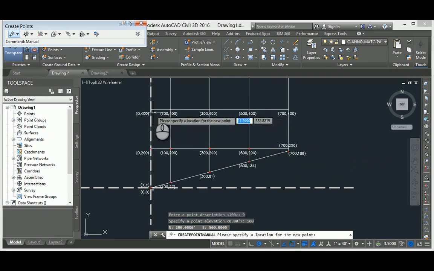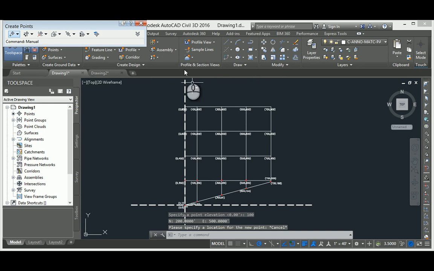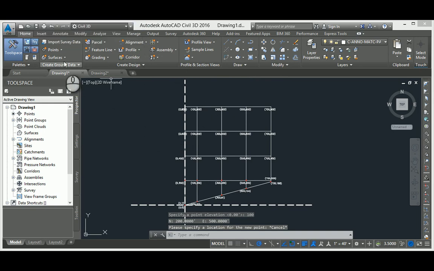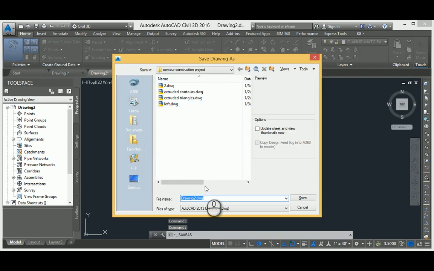So you'll go on and complete these point entry forms and make sure you save your drawing. Once you have them all complete, your drawing is going to look like this, except it's going to have the red X's on here. So from this drawing, you're going to go File, Save As. We'll call it Civil 3D Lesson 1, and put your last name in it if you want. Save that onto your desktop, and then make sure